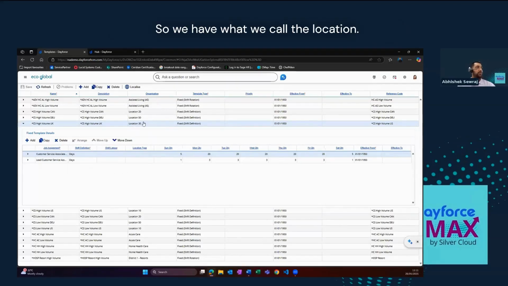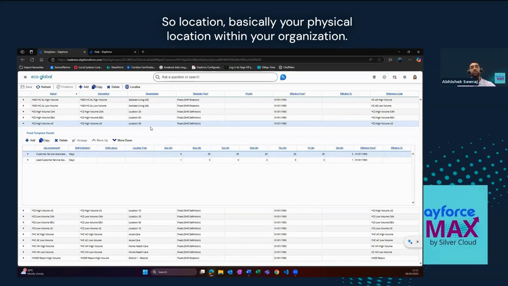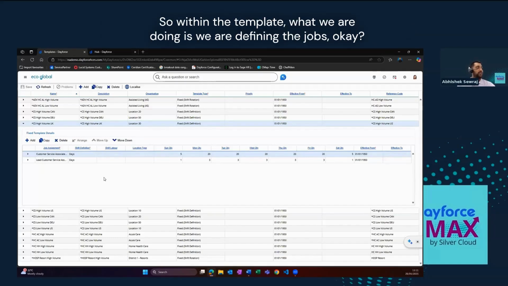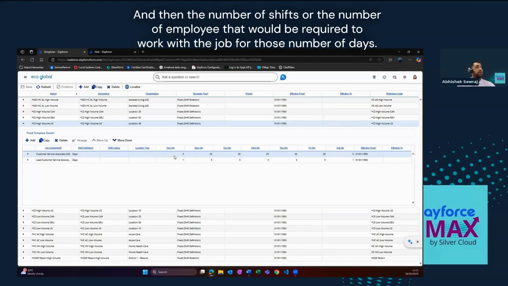So we have what we call the location. So location are basically your physical location within your organization. And you may have specific templates for each location. So within the template, what we are doing is we are defining the jobs, and then the number of shifts or the number of employees that would be required to work the job